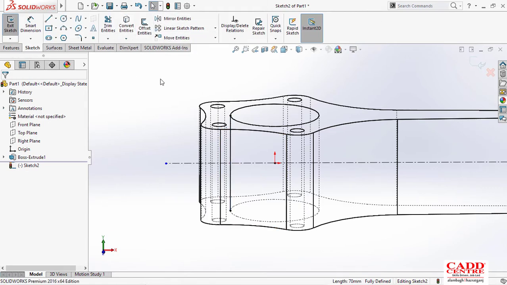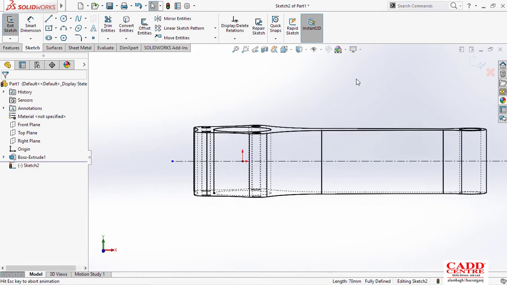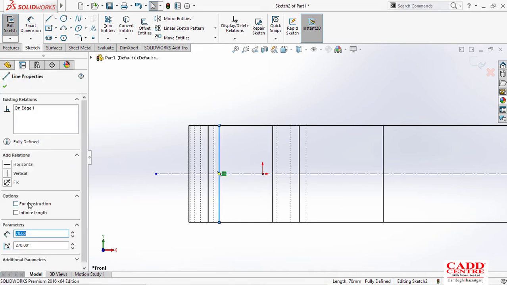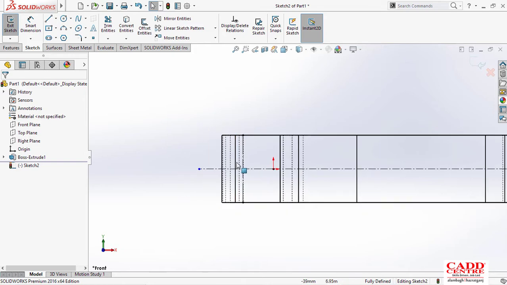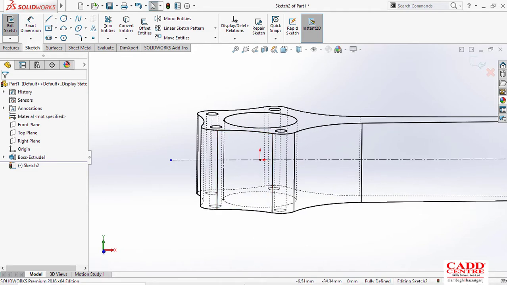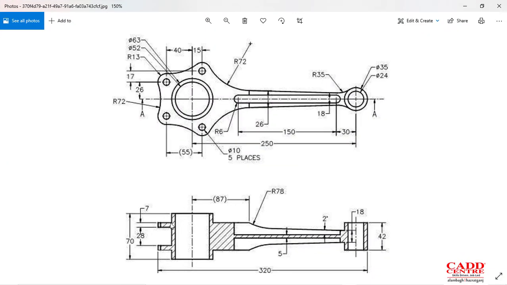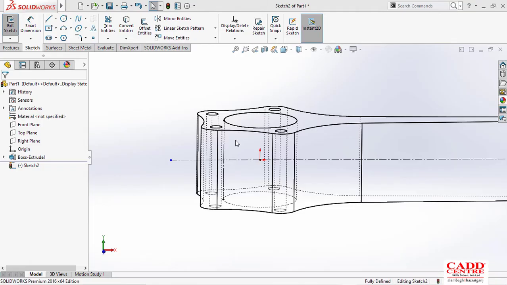and I'll convert entity, so that I have one figure which acts as a reference for drawing our geometry. So click here, and I'll make a construction line, so that it will not affect our figure. So this one, okay, 63. Let me check one more time. So this edge is our 63, so we have to draw from here to the outer edge. Okay, so we can draw one rectangle from that edge whose total width will be 28, or I can say 14 from mid.